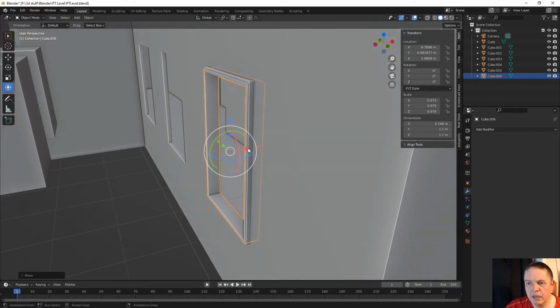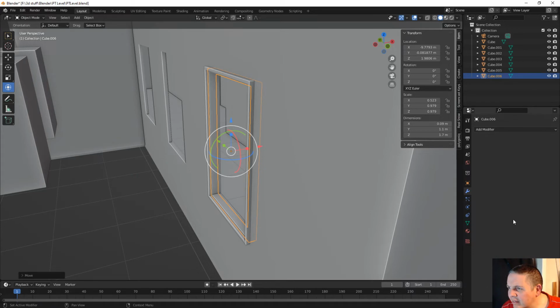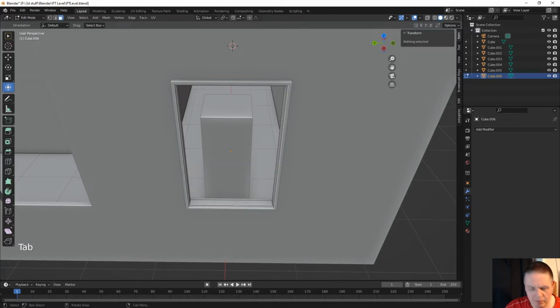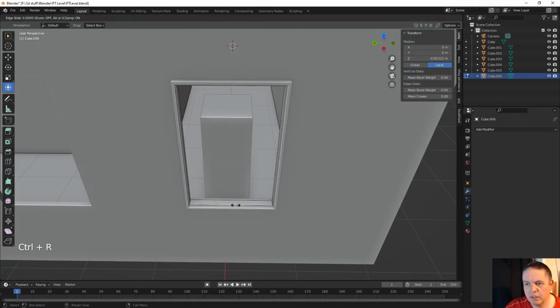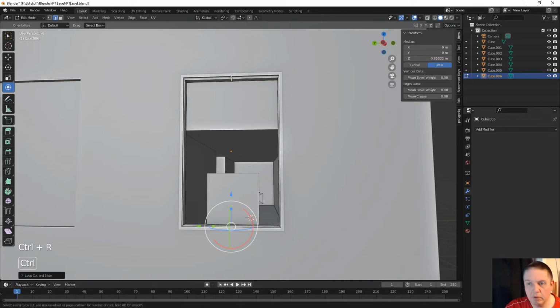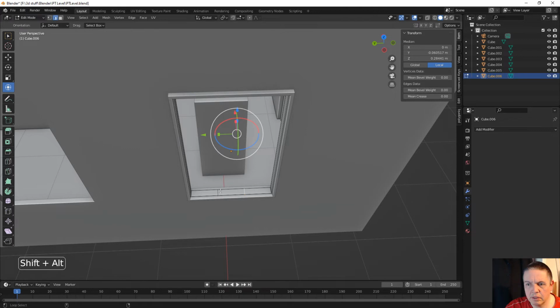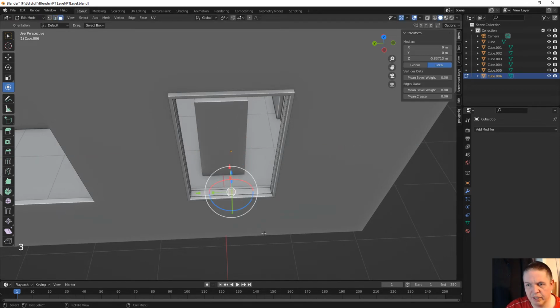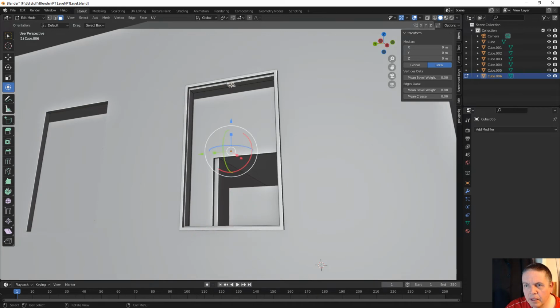So it's basically our window frame like there, and then it's kind of got a piece in the middle there, so we're going to do a loop cut, 2 loop cuts, Control R, 2 loop cuts, select that one, we're going to scale in on the Y like so, and then hit number 3, and then we can bridge,